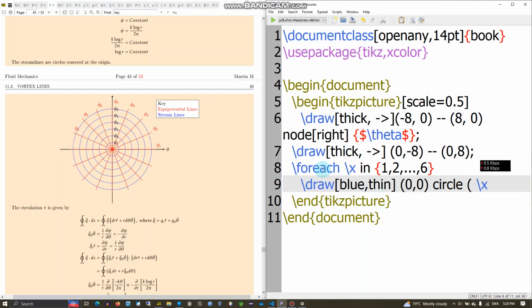Then the X centimeter. This means, check what? I draw a circle centered at 0.0. Then the radius of the circle is the argument here, so it iterates from 1 to 6. So the first circle itakuwa